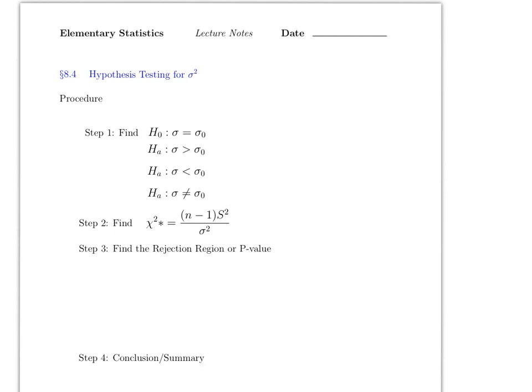Hello everyone, this video covers section 8.4, the last section of chapter A, which will be talking about hypothesis testing for sigma square, or it could be just sigma. Either way is the exact same process. And just like the last three sections, you always need to have a claim,